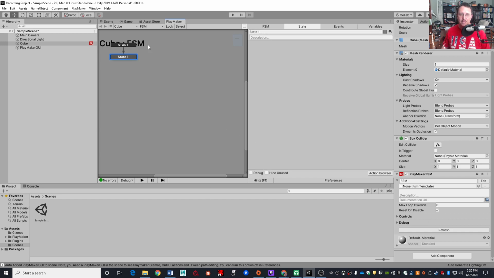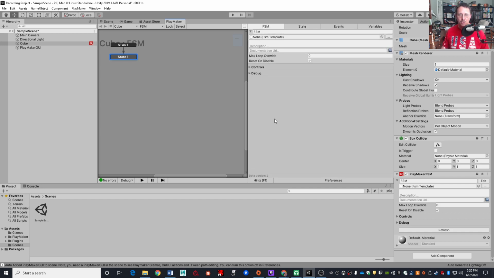Now, once you have a state machine added onto a game object, you get some additional options up over here. It will always default to looking at the State tab of a state machine, but there's some other interesting stuff here. The FSM is just sort of general state machine information and pretty much just repeats what's available over here in the inspector. I would strongly advise